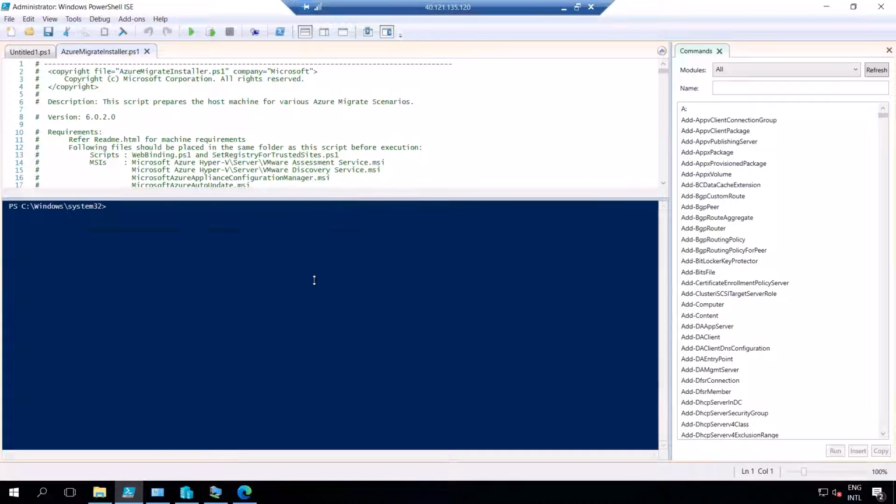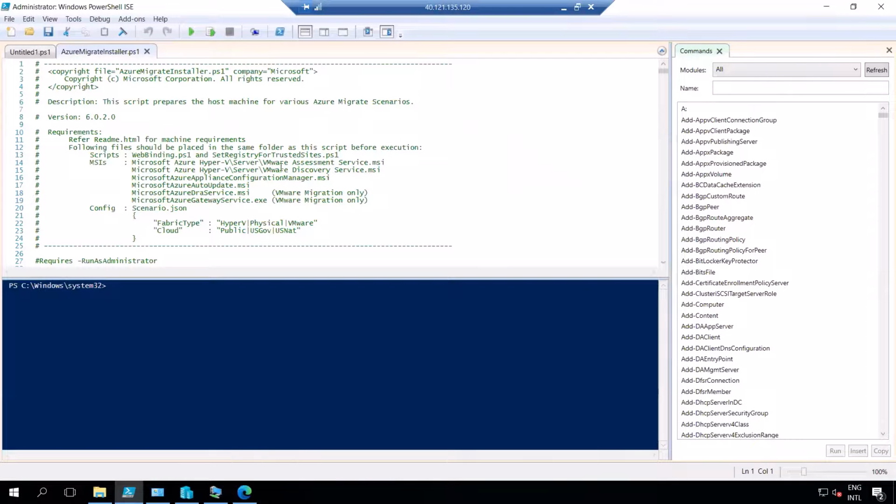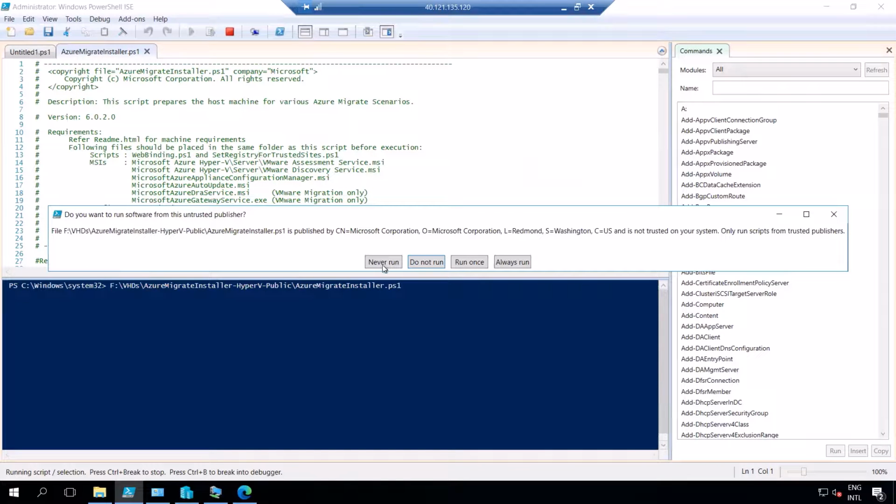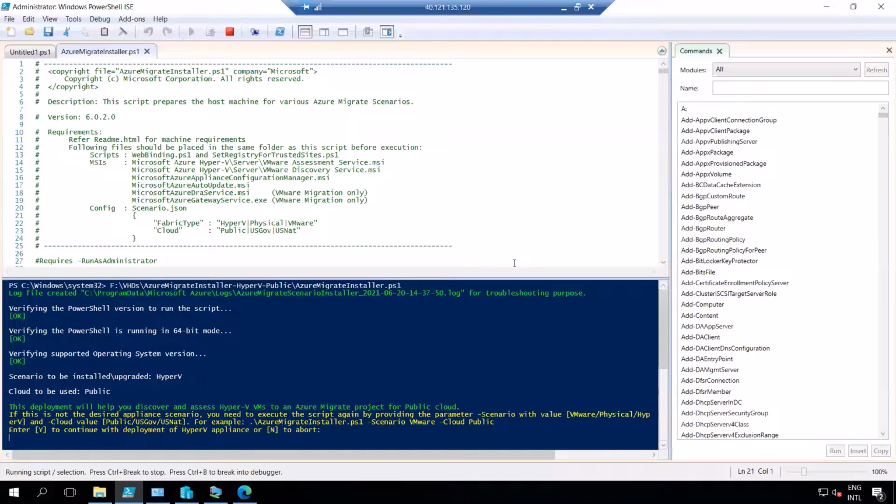If you see the requirements, you can get to know a lot about what is going to happen here. You are creating an assessment and discovery service. Let me execute it from here. Again, it will take some time. Let me click always run, and yes here.